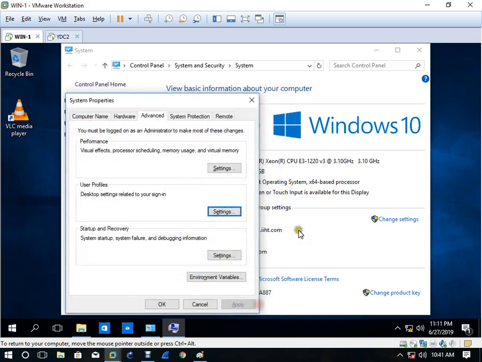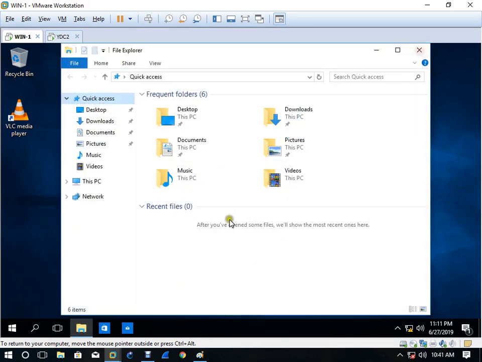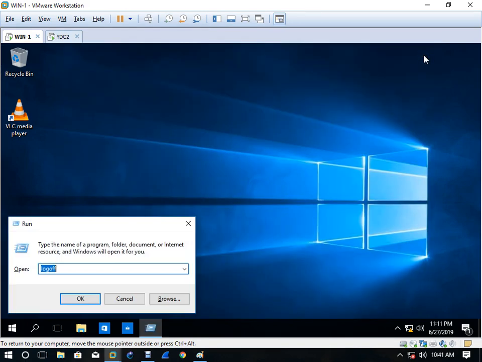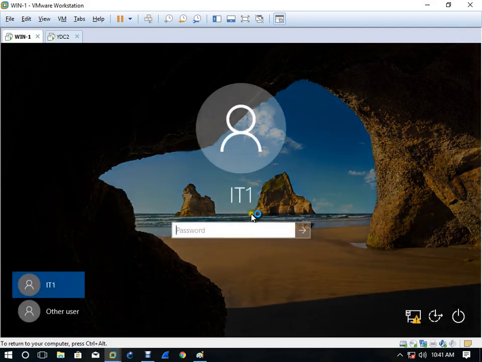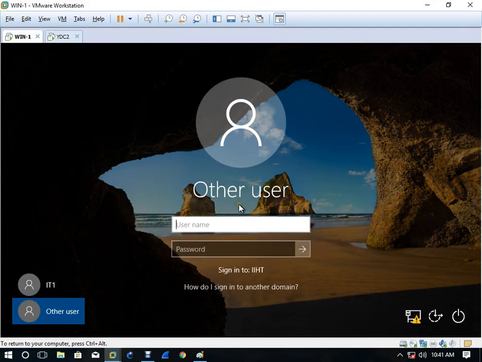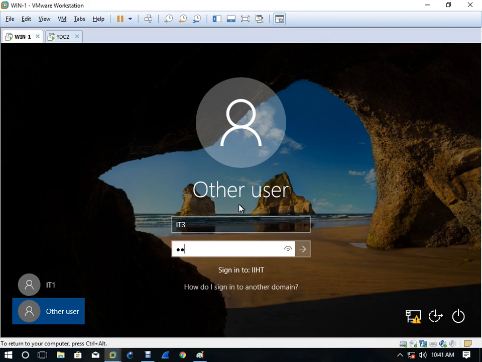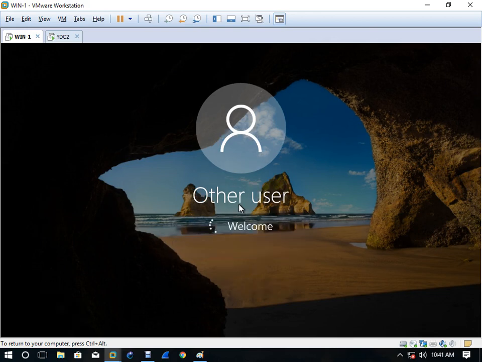But if you try to log in with the new user IT3, you will not be able to log in.